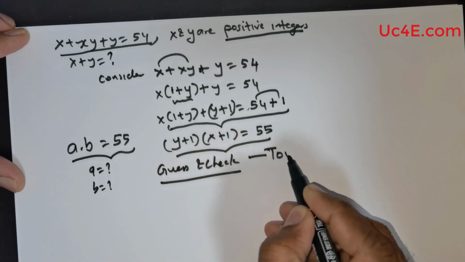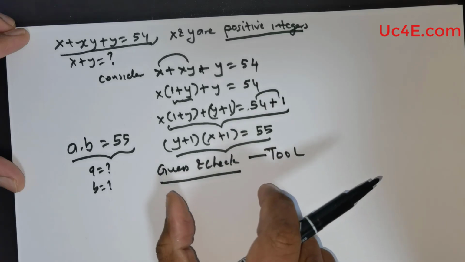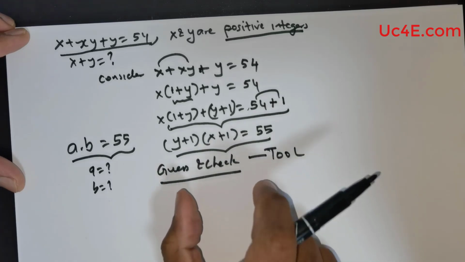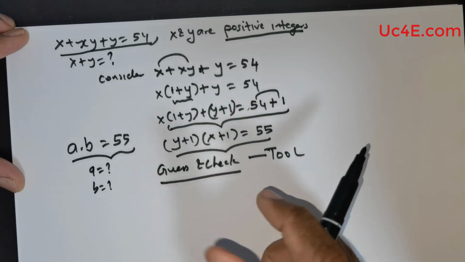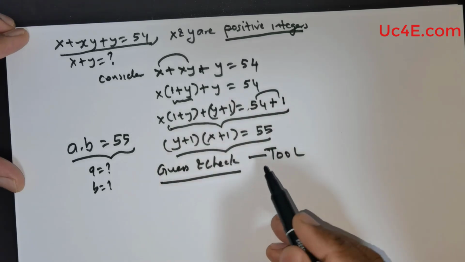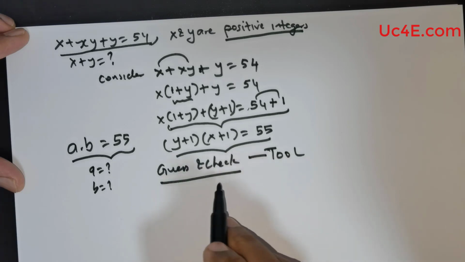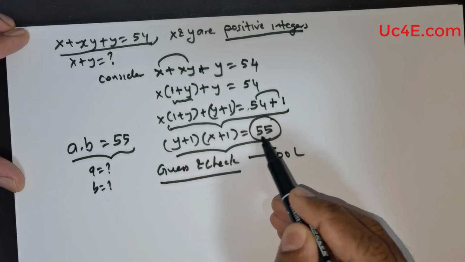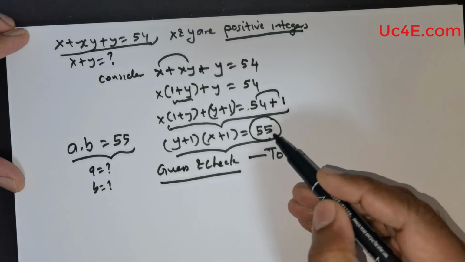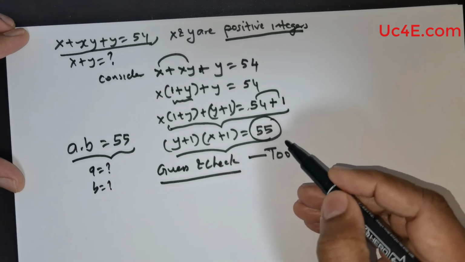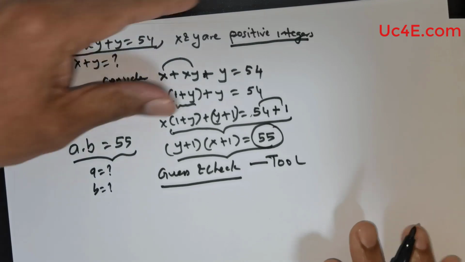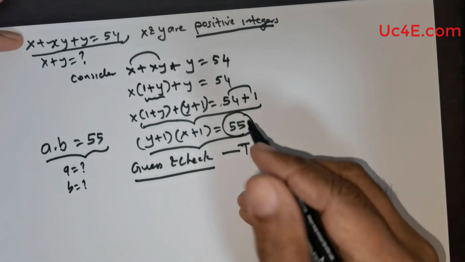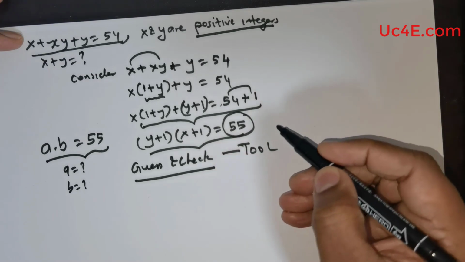You have to understand that this is a tool, and not always you can utilize this tool, but there are special cases where this tool ought to be used, and there is no way to avoid this application of guess and check. So in other words, on the right hand side I've got a number 55, and it is a unique number. Why is it a unique number? Because of the fact that it is an odd number, and not only that, it can be easily obtained with